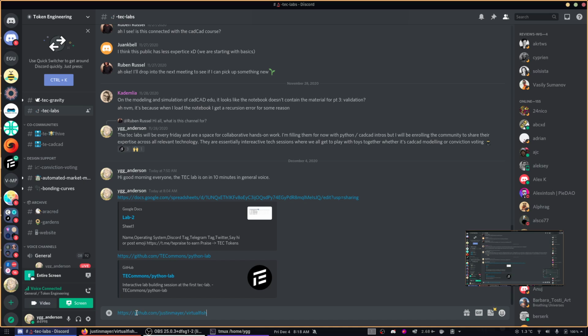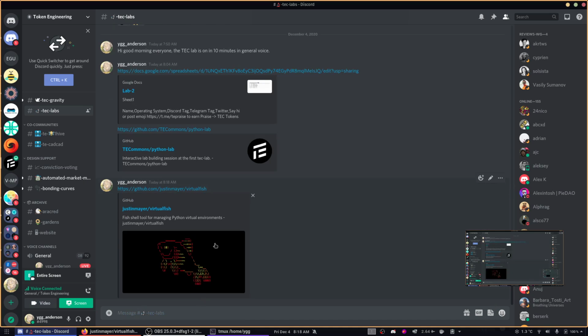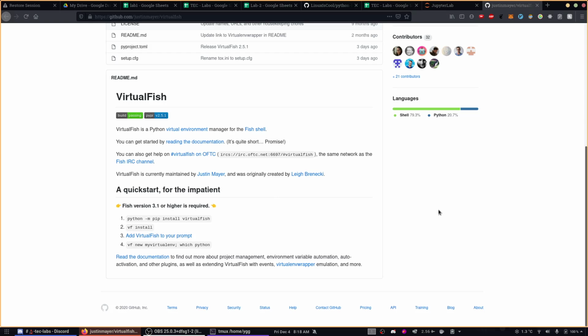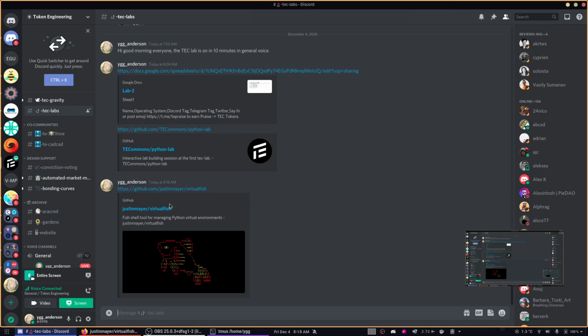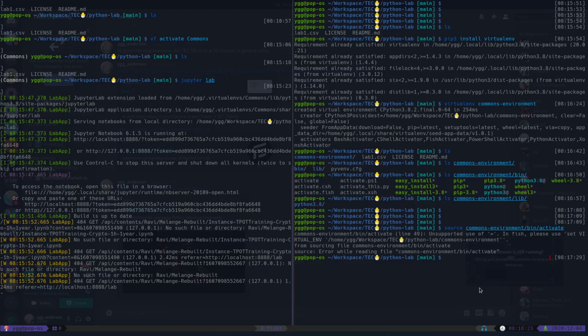Wait, then you just need to deploy. So you reconfigure these virtual environments, and then you just deploy new instances of them at will. Yeah, exactly. This is just a little wrapper. It's using the virtualenv underneath, just the same as you would normally, but it does a little bit